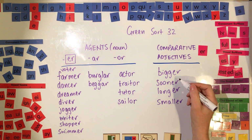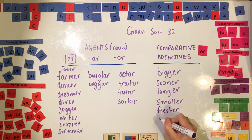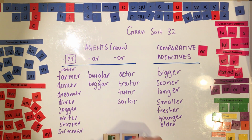There's more words here. Let's just fill in this. Sooner, longer, smaller, fresher, younger, older. Move these out of the way. Smoother and brighter. And that is your word sort for this week. Let me see how long this video is. Okay, I'm just going to take a couple of minutes, or one minute,